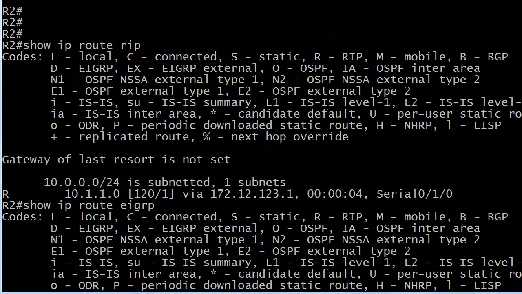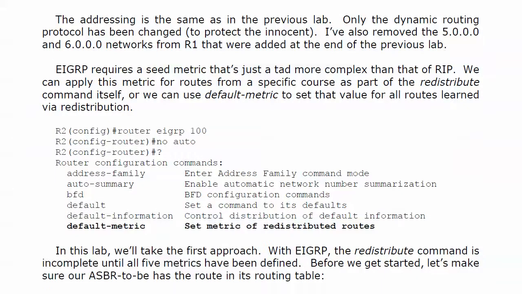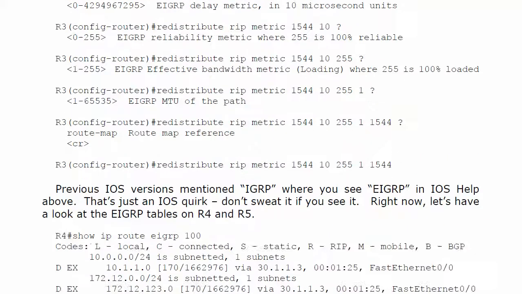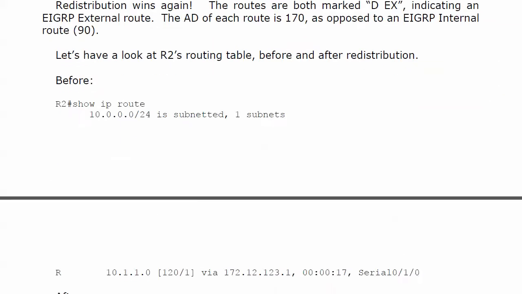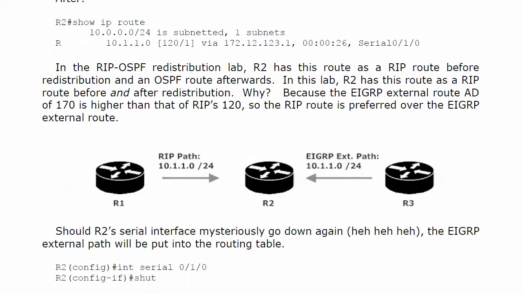I know you know the answer to this. Why is this different? The reason is that administrative distance change. It's a huge change, because right now